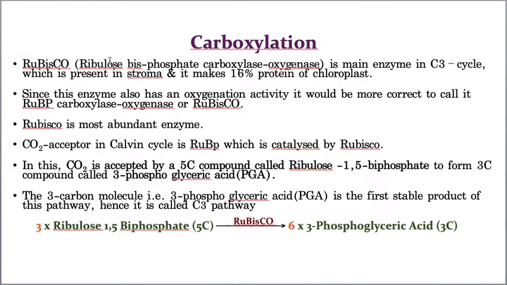There is one beautiful thing in biology. 90% of the meaning and answer is present in the word. If you understand the word, then you can answer 90% of the questions. That is the beauty of biology. See, in the name itself, to the ribulose two phosphates are added, that's why it is called ribulose biphosphate. And it is sensitive to carbon dioxide also, and it is sensitive to oxygen also. That means one way it is sensitive to carbon dioxide and another way it is sensitive to oxygen. So it is called carboxylase and oxygenase.